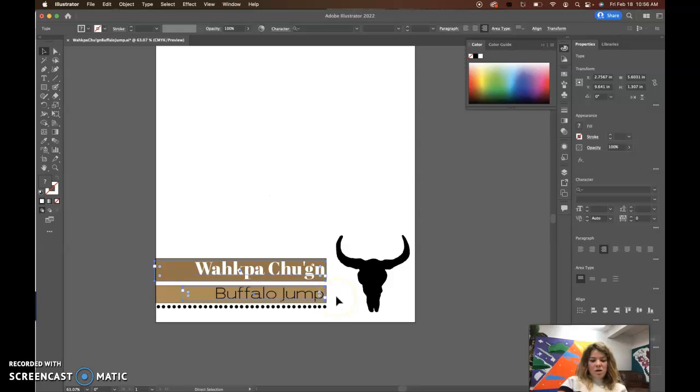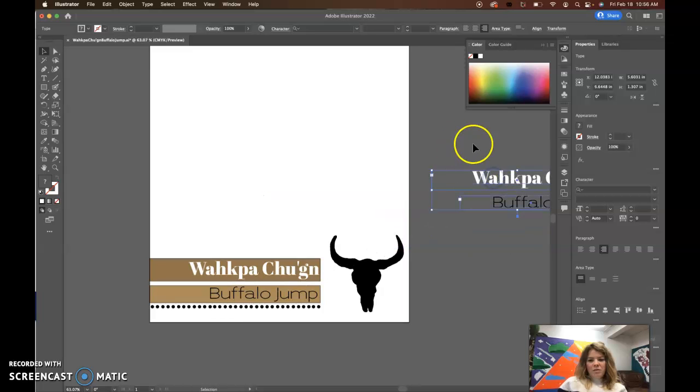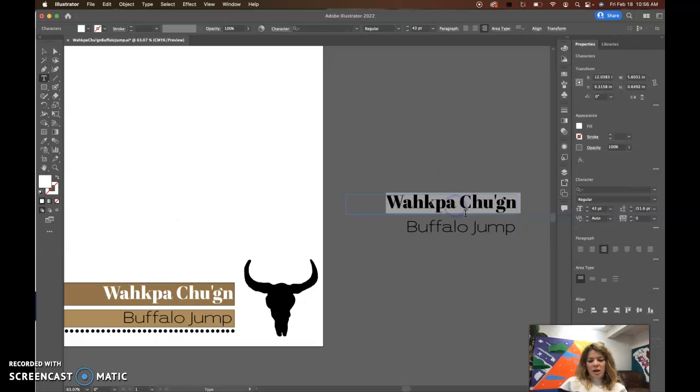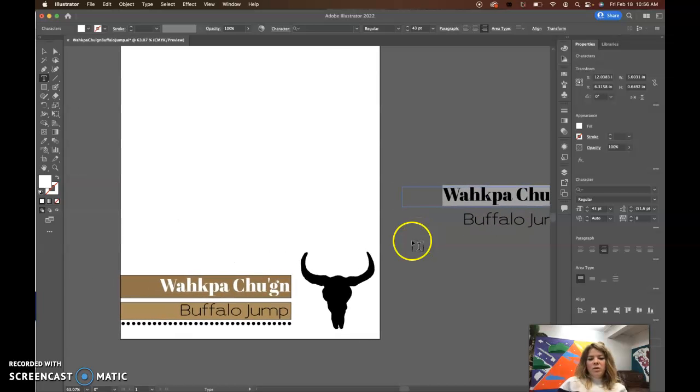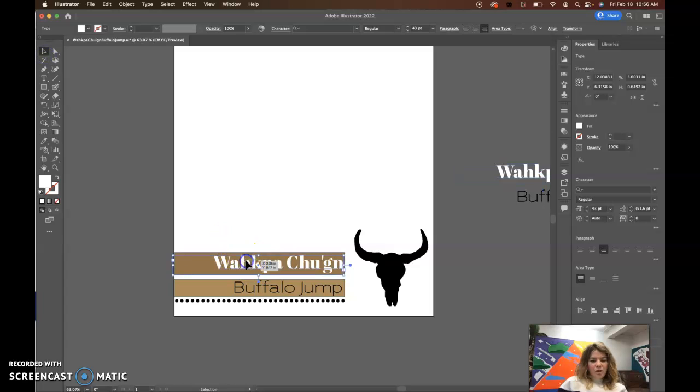So to avoid those problems, sometimes I just do a Command C, Command V, and put it off into the gray area of the canvas, or outside of the artboard, just to save it. So if I find that I want to change this text at any point, I can quickly re-outline it and put it back in where it needs to be. Okay, so let's just do